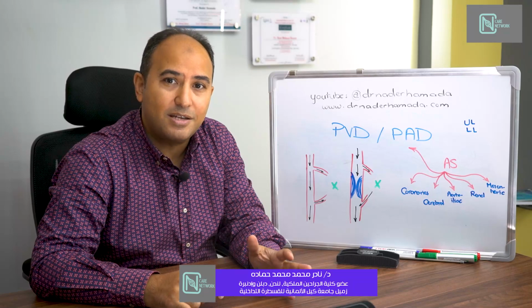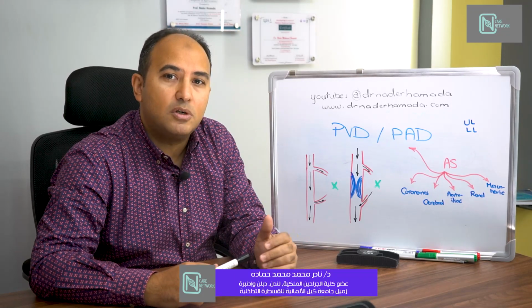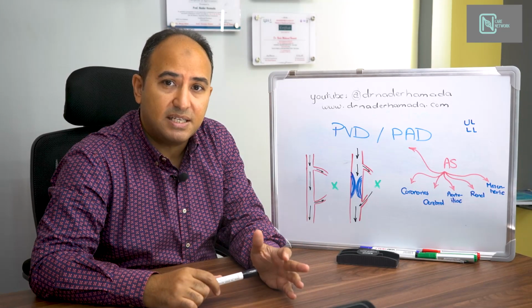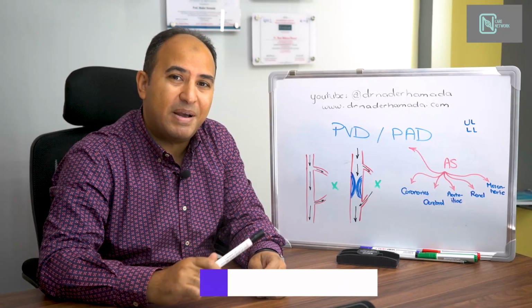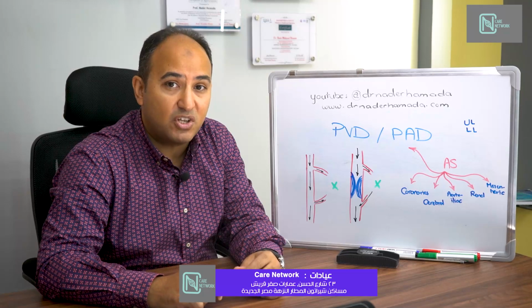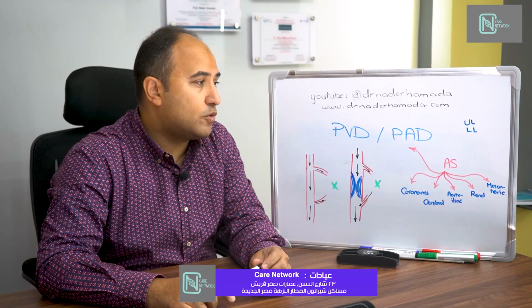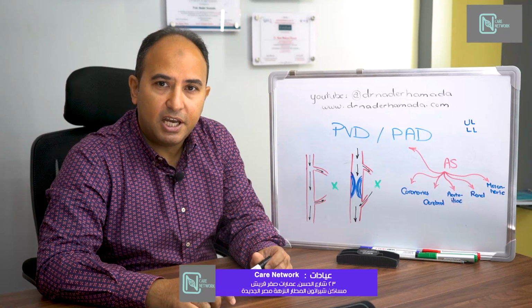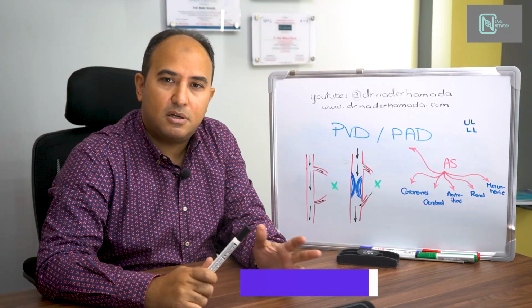that if the patient has atherosclerosis and symptoms or signs of peripheral arterial disease, you have to ask him about the other beds affected, and be aware that these beds might be affected if you will do any intervention for him. So the first question that might come to your mind is, if peripheral arterial disease is occurring in